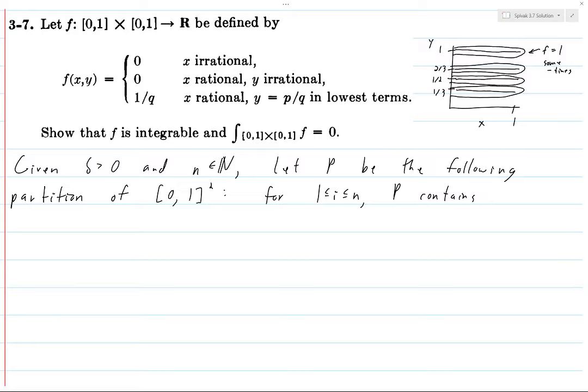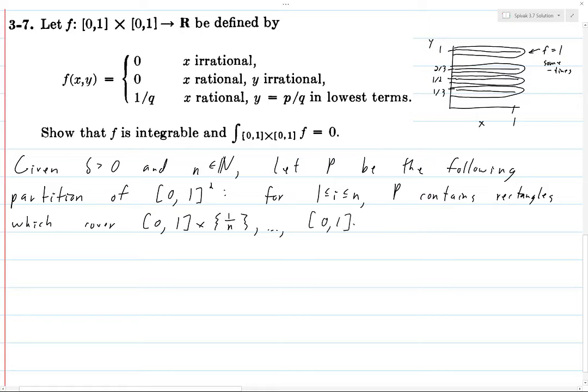So P contains rectangles which cover 0, 1 cross 1 over n, through 0, 1 cross n minus 1 over n, without